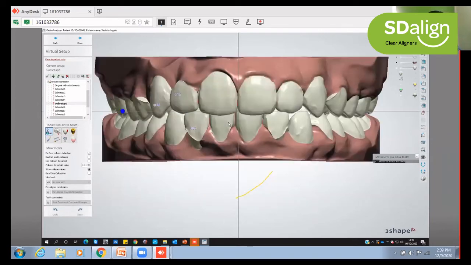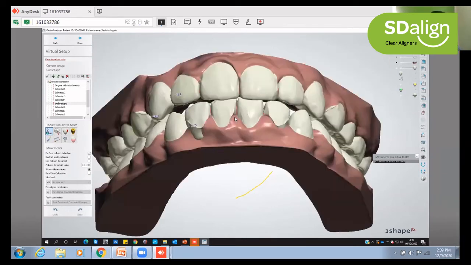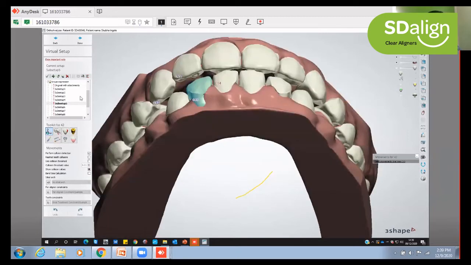Now, if you see also from this view, this is a very important view. We have kept some free space between 1, 2 and the lower, so that at that stage we have kept some option open for torque. So at this stage also, if you tell us that I would like some addition of torque or some help in finishing, we keep some excess overjet to help you with that. But it is a case by case decision. If it is not necessary, we can make it very compact like this also. So as you can see now, it is very compact with minimal incisal interference.